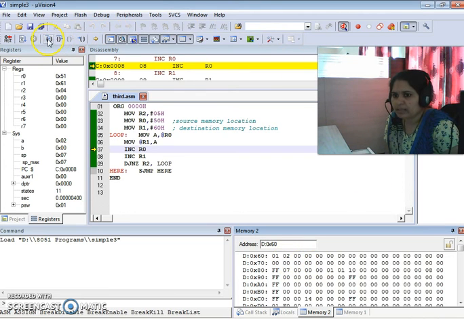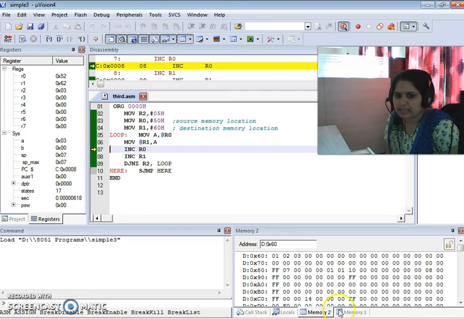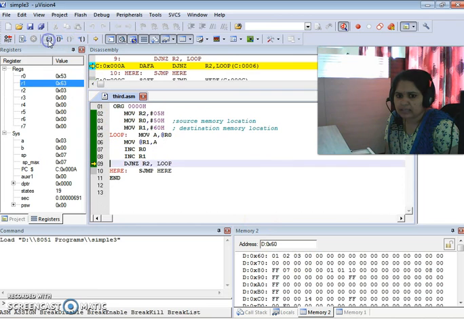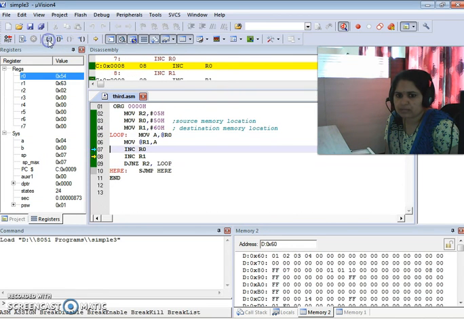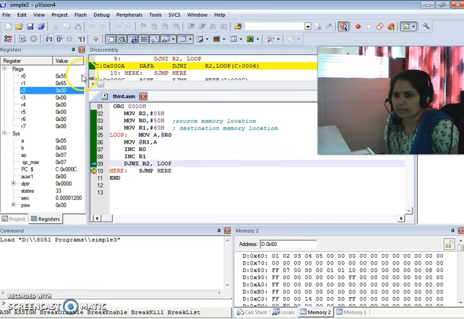Okay. So in this way I will just go on clicking the stepwise execution. You will find the numbers, and at last just see the changes. 62 gets the next value, then 63, then 64. Yes. So in this way the 5 bytes are transferred from the source memory location. Whatever value you want to give, they are available at the destination location. Once R2 becomes 0, now see, the control is transferred to the next instruction. Yes, because R2 is now 0.